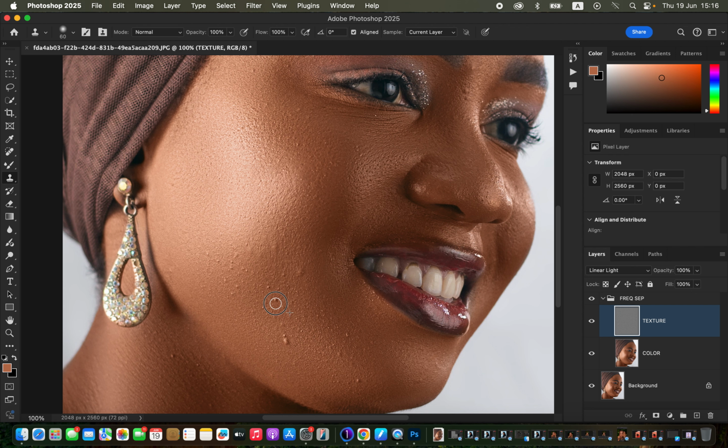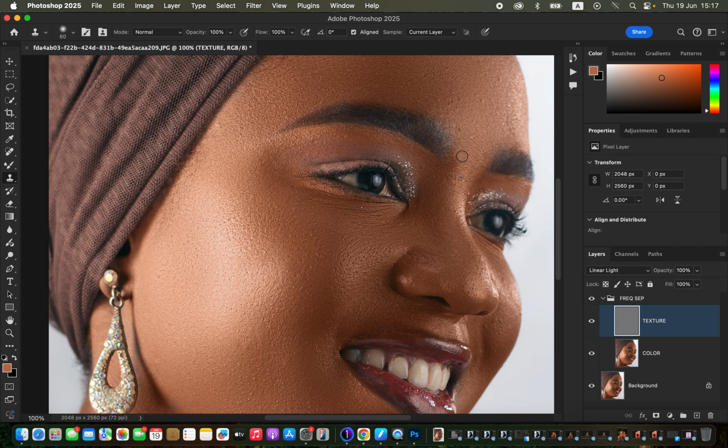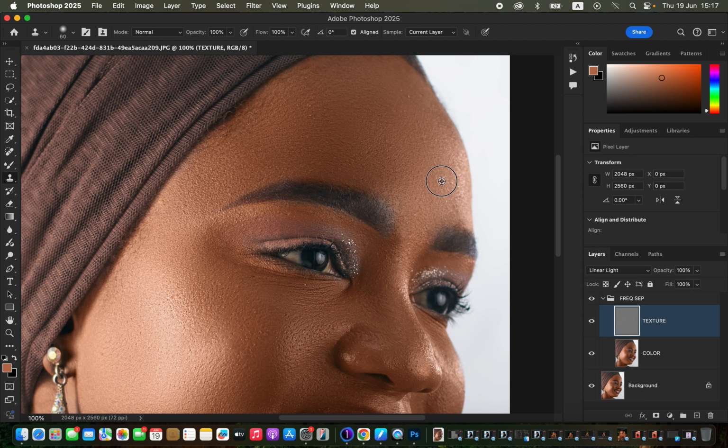So take your time as you're trying to remove all the blemishes from the model's skin, and as you can see, you are going to be able to clear or remove all these skin imperfections regarding pimples and unwanted skin details or skin textures without leaving any kind of patches in the model's skin. So I'll remove all these unwanted pimples and blemishes from the model's skin like this, and you can see how simple frequency separation is. So I'll press Option and continue removing all these unwanted skin blemishes or textures or pimples